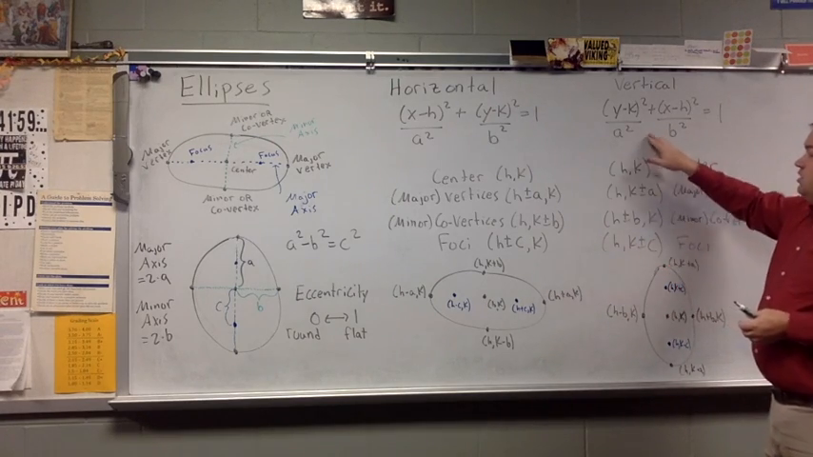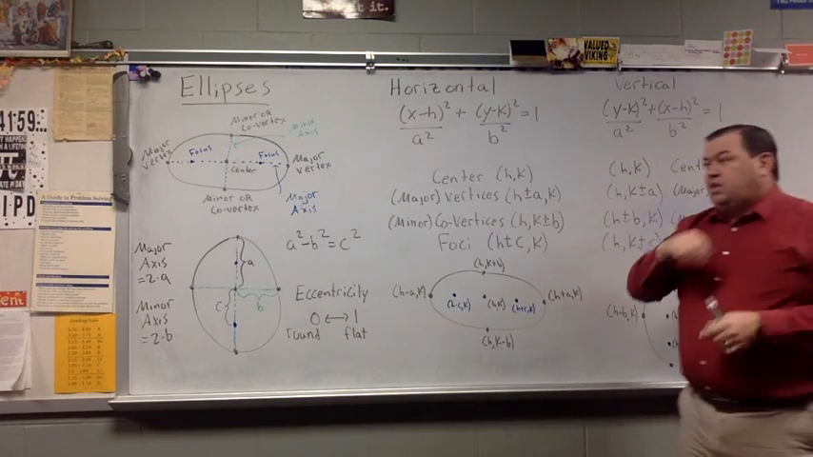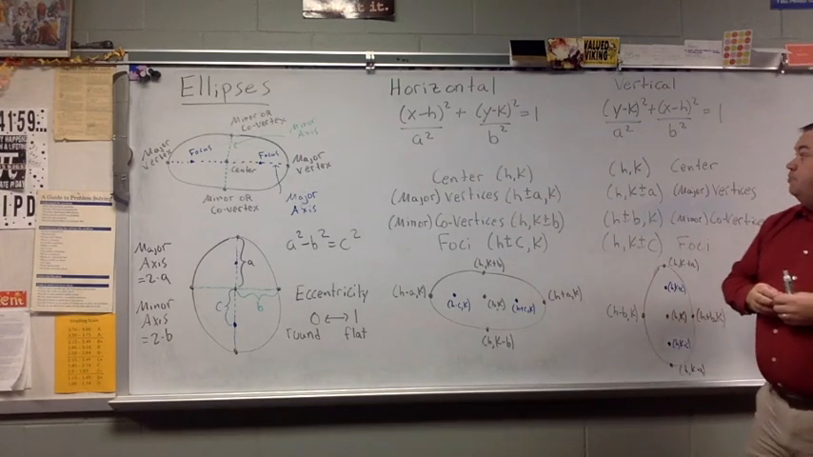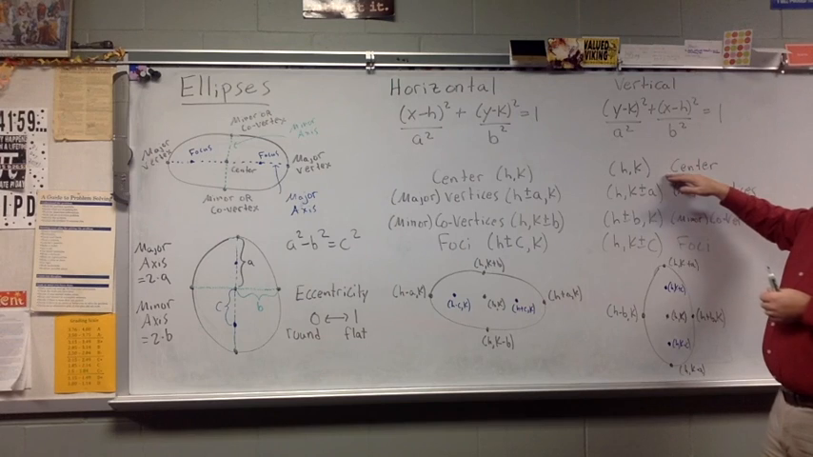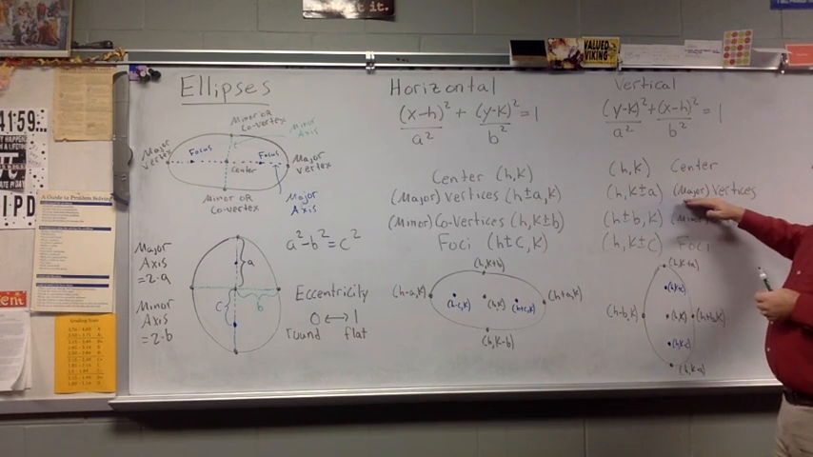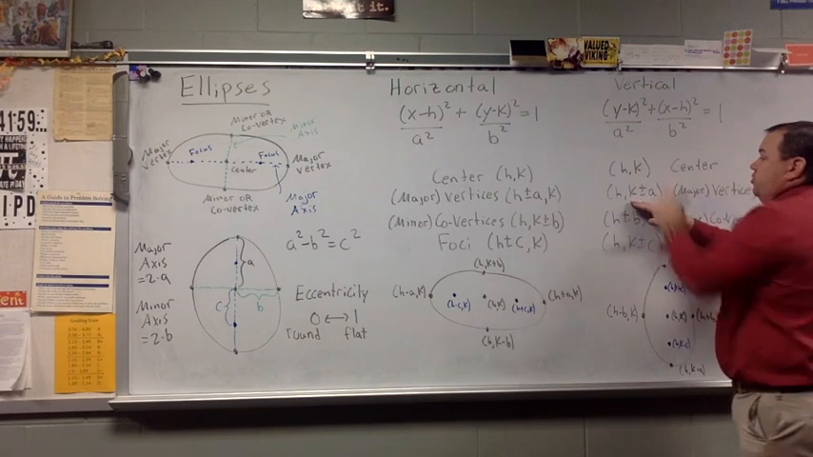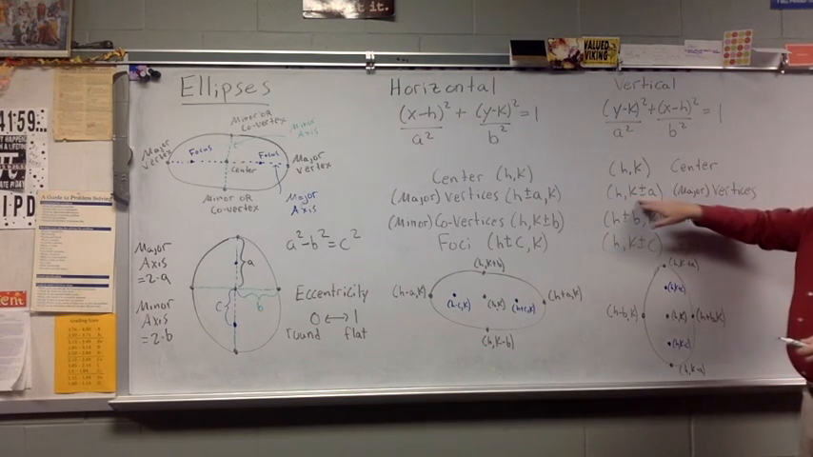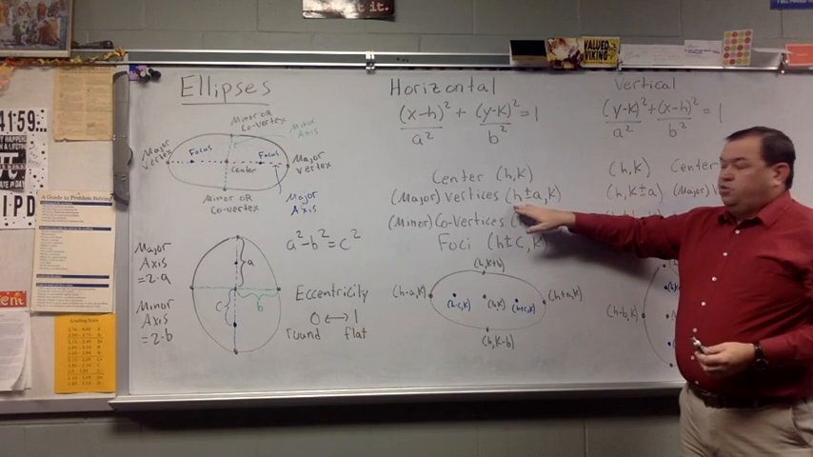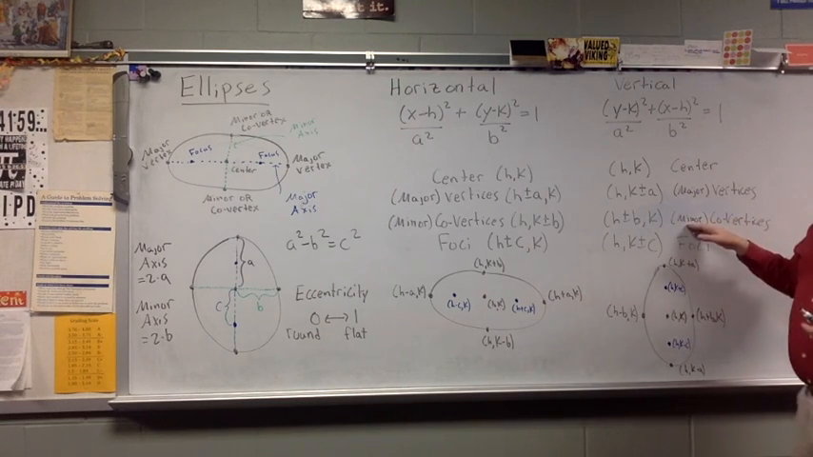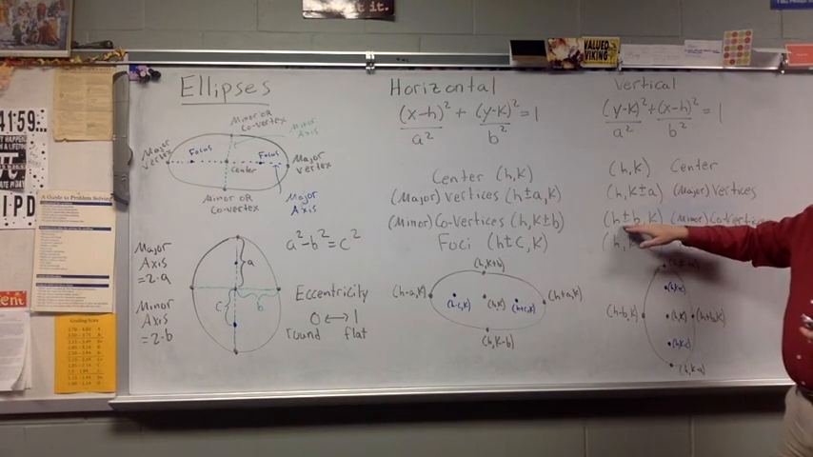Sometimes I'll refer to this as the egg ellipse because it's standing up. I'll refer to this as the football one because it's laying down. But the center hasn't changed. But how we get to the major vertices, since y is now running the show and has the bigger number, we're going to add and subtract a to the y portion instead of to the x portion like we did over here. That means that the minor or co-vertices, the x is changing, adding and subtracting b to the x